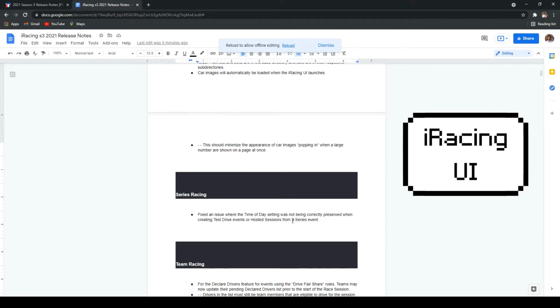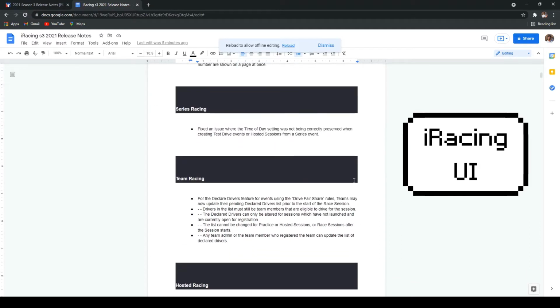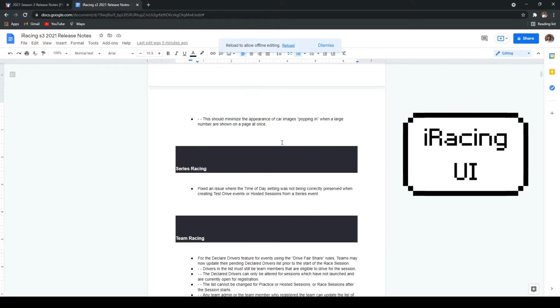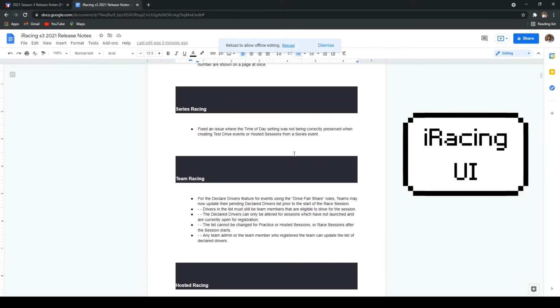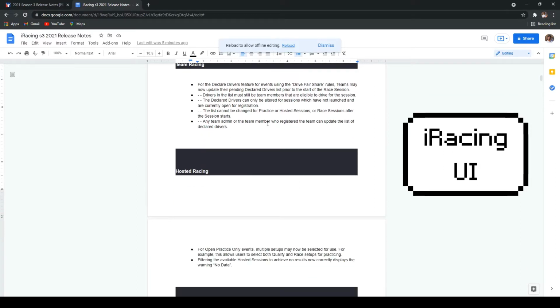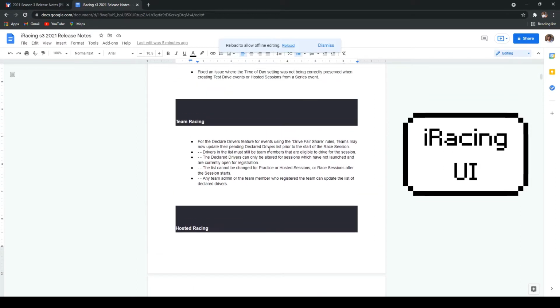Cool. Series racing: fixed an issue where the time of day setting was not being correctly preserved when creating test drive events or hosted sessions from a series event. Yeah, that's a good fix. Not much to say there. You want to get it to the right time of day for comparing lap times and feel how the car feels based on weather changes and time of day changes. Team racing, y'all can look at that if you want. I don't do any team racing, so